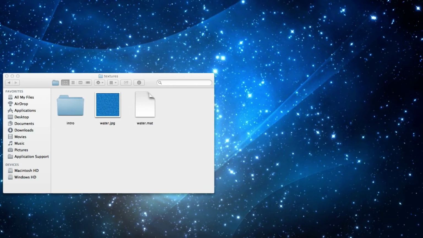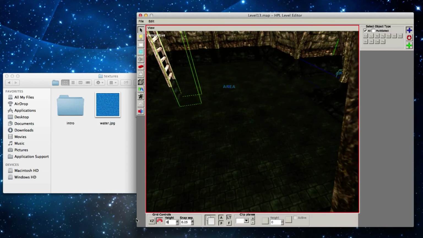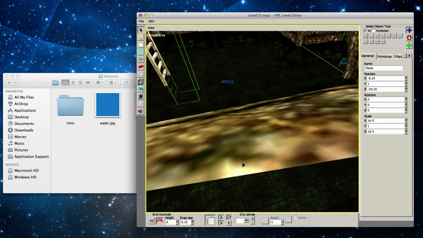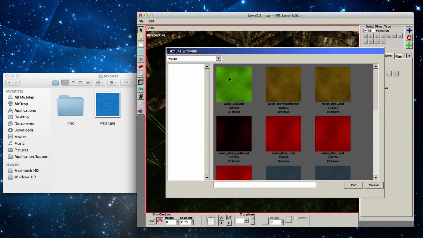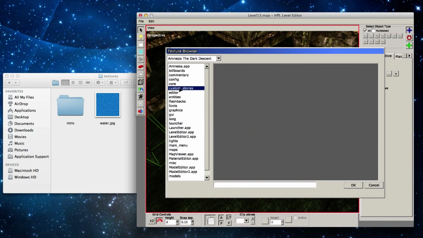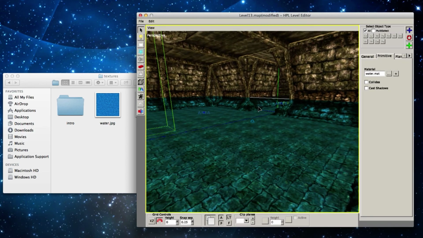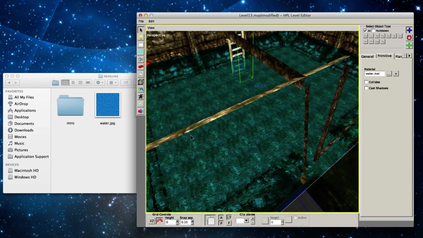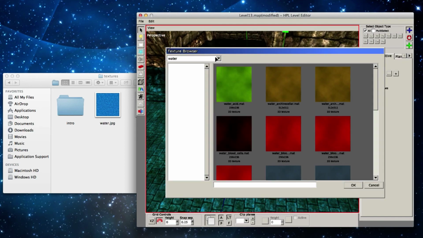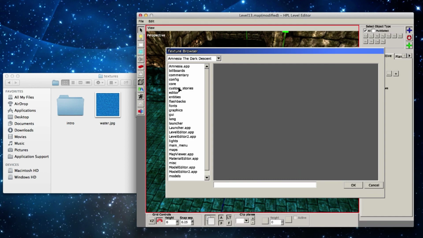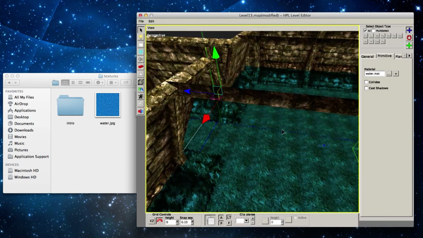So if you were to open up your level editor right now, you can click on the water surface or water plane, go on primitive and select whatever texture you want. So I'm going to go back to Amnesia, custom stories, and textures, and select this one, and it'll look like this. This looks kind of strange, kind of funny actually. It looks like an aquarium or something. So just make sure you do that on both of them. So I'm going to do it on this one. It's actually turned out pretty nice, I must say. I was not expecting it to be this cool.